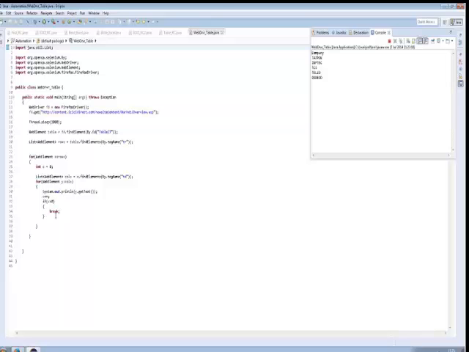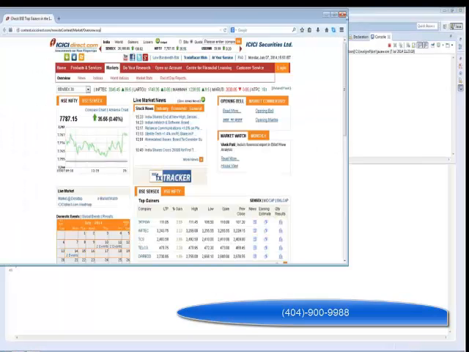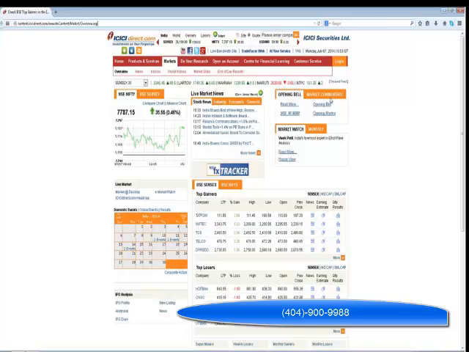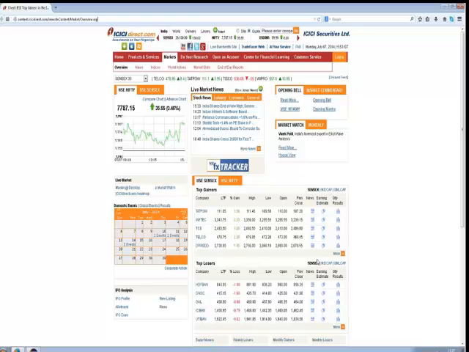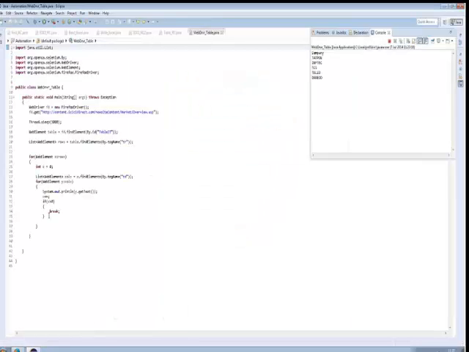Understood? Yes. Neat? Okay, cool. This is how we can read a table. If you understood this program, next we'll have an assignment. Here I'm seeing the last column as previous close. The last three are images. I don't need images. I wanted a counter only for the zeroth column, so I wrote a condition to break it. If I want to read the last column, I need to give the last